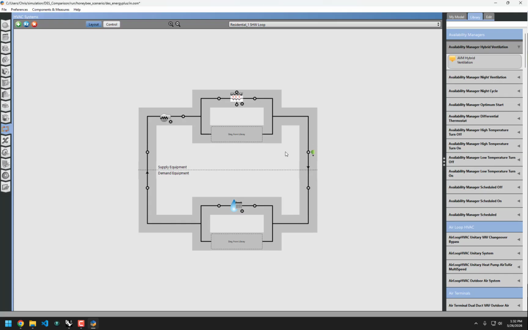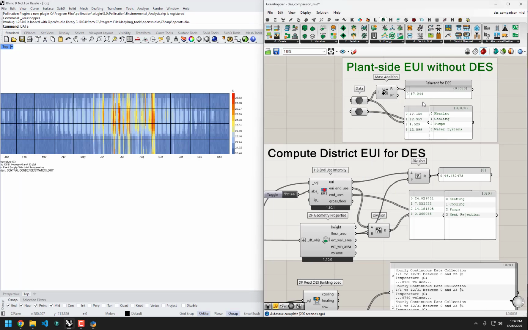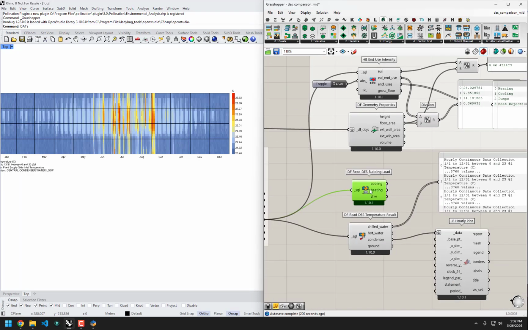And you can kind of understand the way we are modeling things here. So we saw the temperatures of this just a second ago. But the way that we get away with not needing to model the entire building is that we simply stick what is called a load profile plant object on here. So we were basically plugging in those hourly kilowatt hour values that we were looking at just a few minutes ago with this DES building load. We're plugging those into